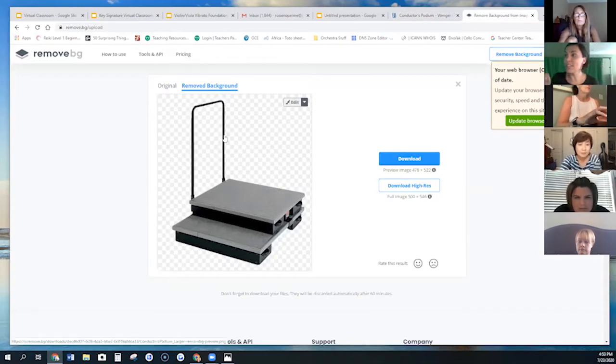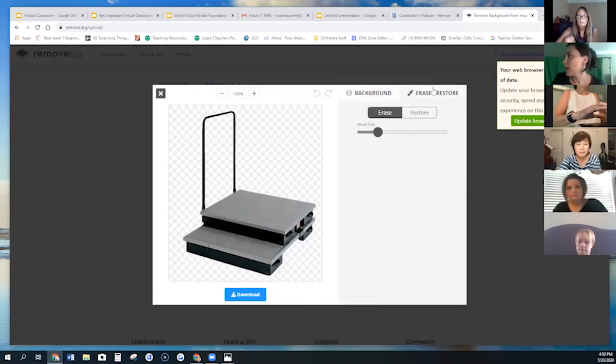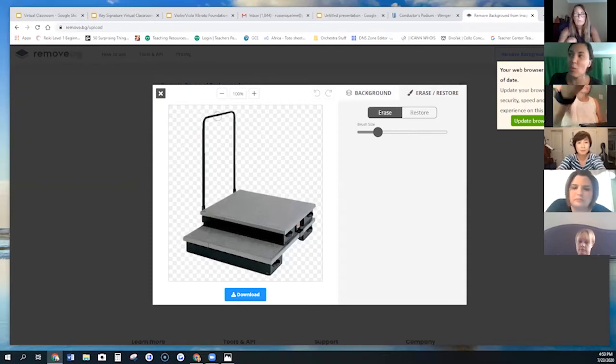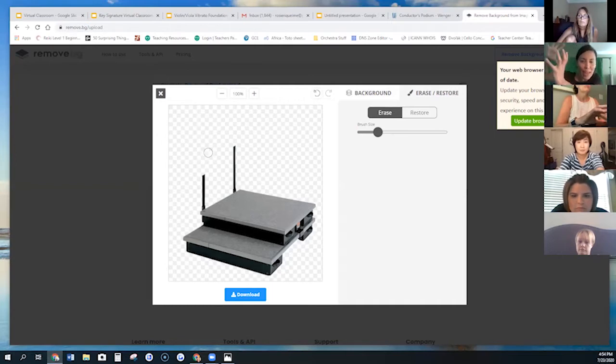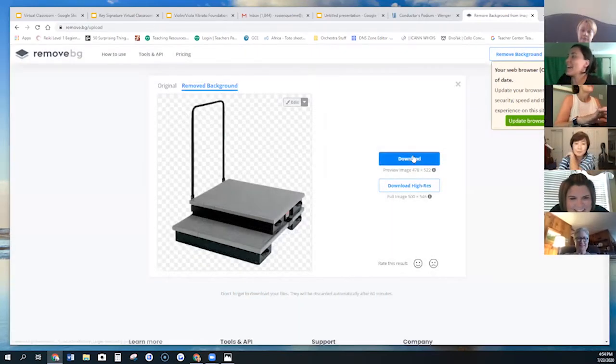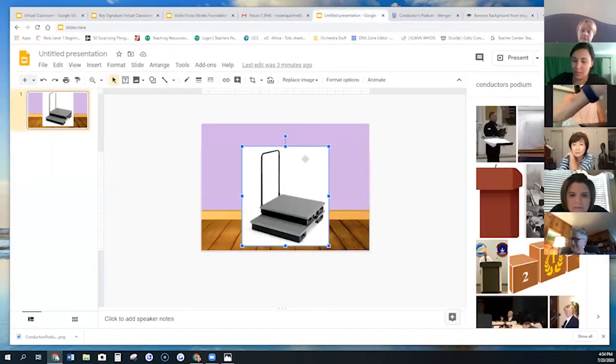Now, this website doesn't always work perfectly, but it allows you to edit. See this button? Is everyone on my screen? There's this edit button, and you can erase, like, let's say I didn't want the little metal background. I can erase that metal background. And so sometimes with my Bitmojis, I'll erase, you know how they have the text box sometimes? I don't always want that. So anyways, then I download this new edited one, and then I go back to my virtual